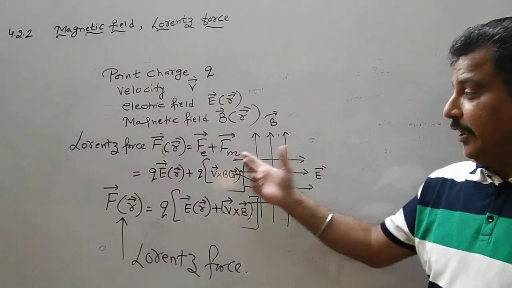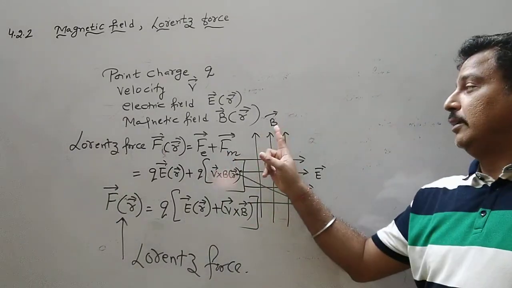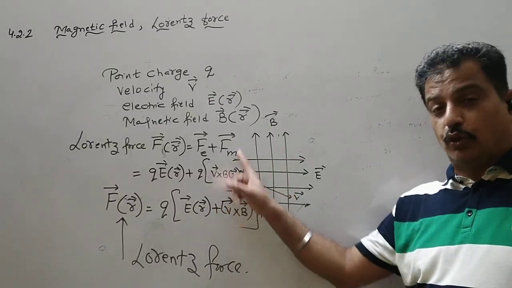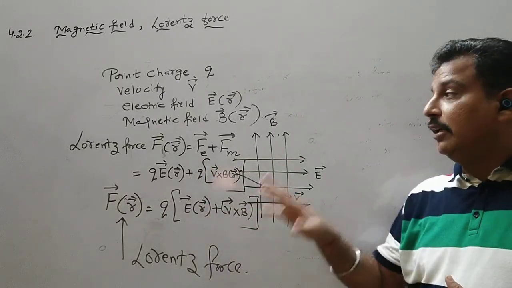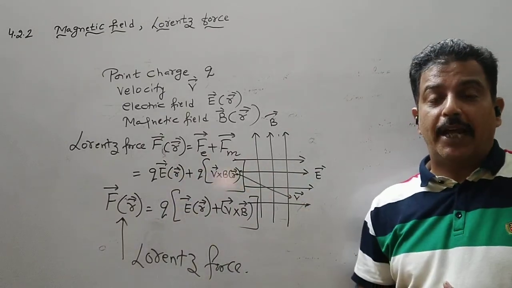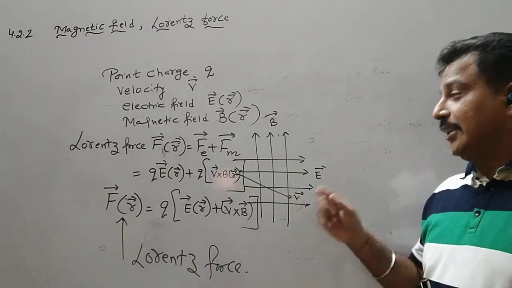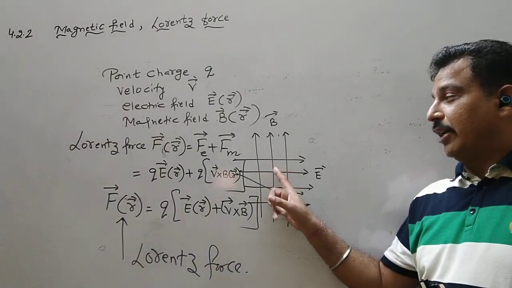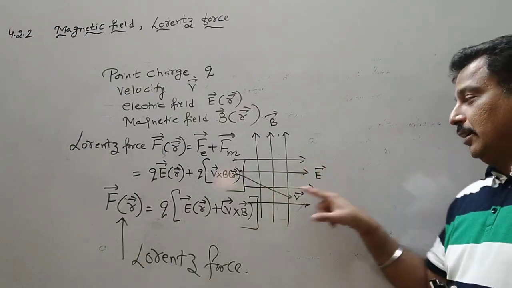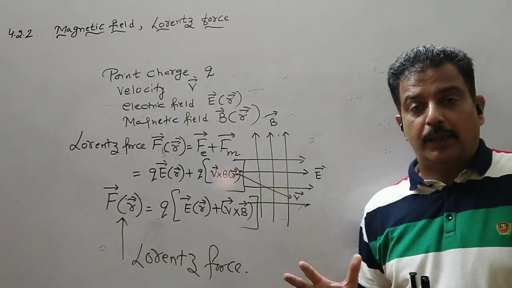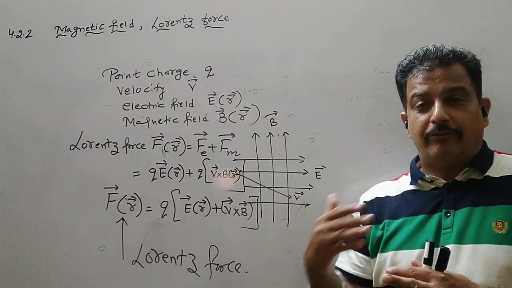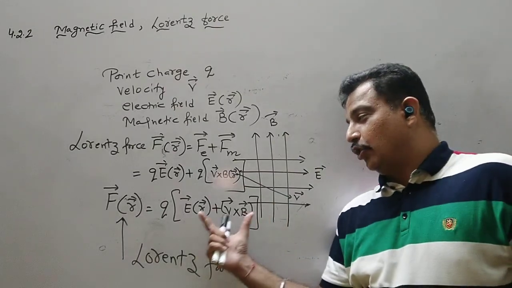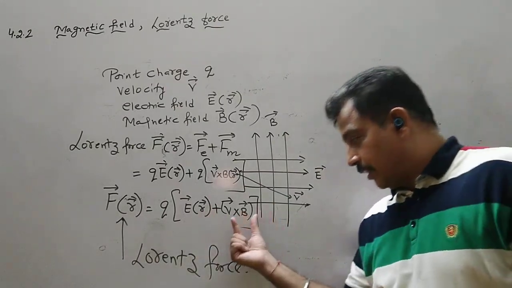If a particle enters, say, parallel to the magnetic field, parallel means the angle is 0, so no magnetic force will act, and only the electric force will act on it. In that situation, when the charged particle tries to move in this direction, the electric force will act and it will perform a parabolic motion, and we will see what the trajectory will be. For the time being, this is the resultant force acting on the charged particle. We have discussed the point about this.